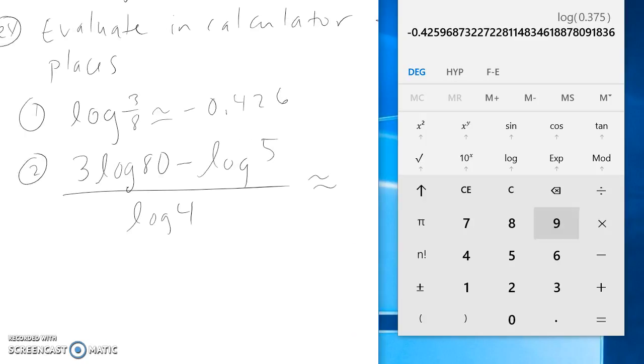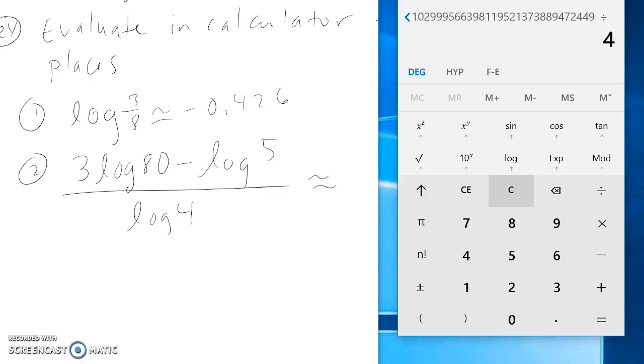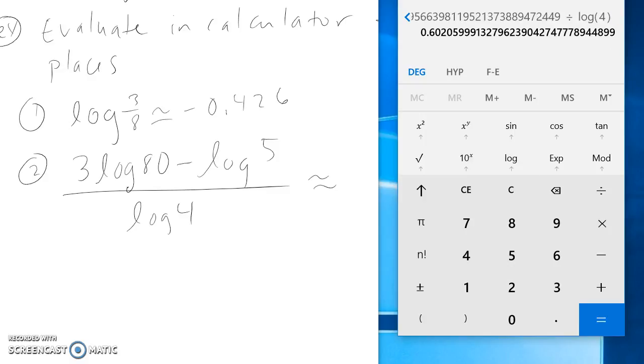First of all, what we're going to do is take the log of 80. So let's clear this out. 80 log, then we're going to multiply it by 3, times 3 equals. Then I'm going to subtract 5 log equals, and then we'll divide by the log of 4. So 4 log equals. So this is approximately